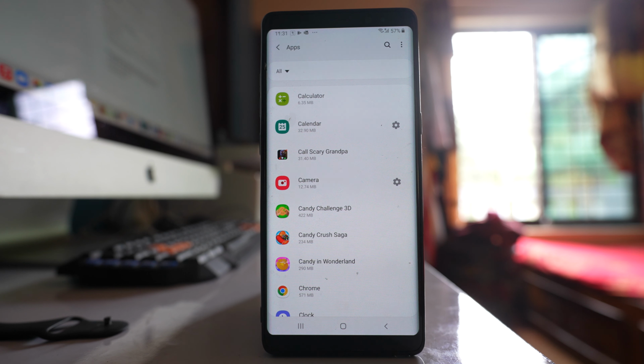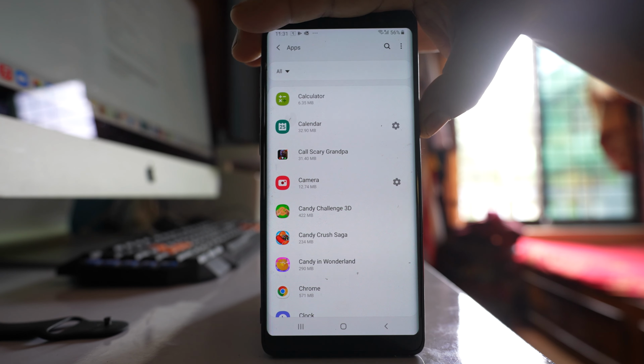So once you have done these things, you have to restart your phone again and check if the camera app will work or not. Now if you have older devices where you can remove the battery, you can remove the battery and check. If you can remove the battery, then again reinsert the battery and check if the camera app will work or not. Now the last thing that we will do is we will just lock this phone.